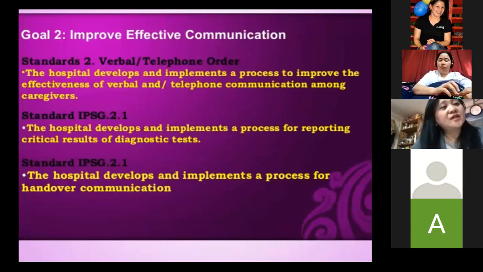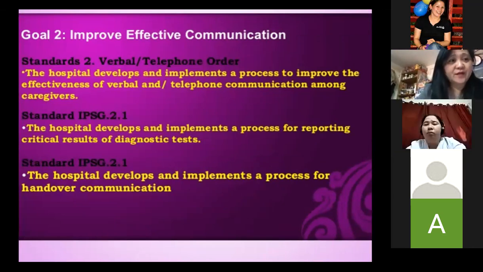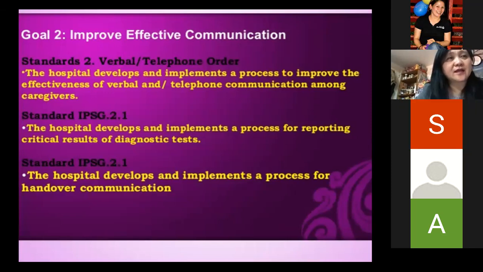And number two is to improve effective communication. The hospital develops and implements a process to improve effective verbal and telephone communication among the caregivers. So every one of us is entitled to communicate in a nice way, in the right way, and do not